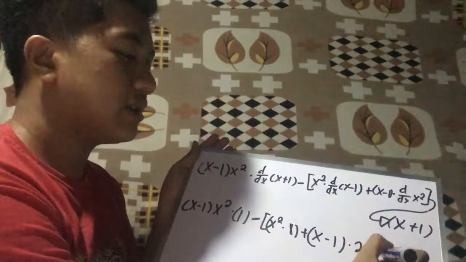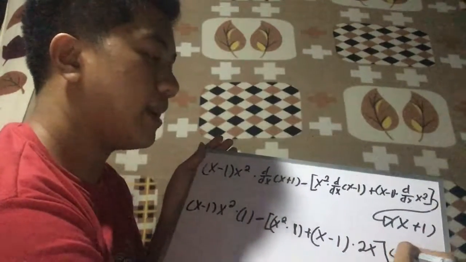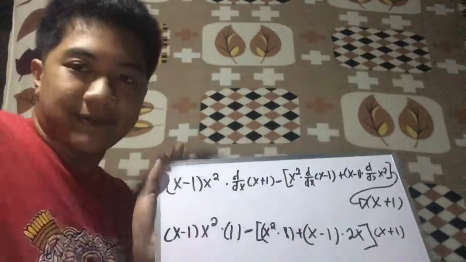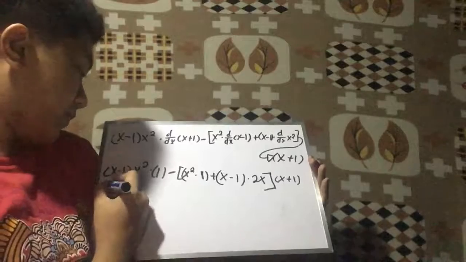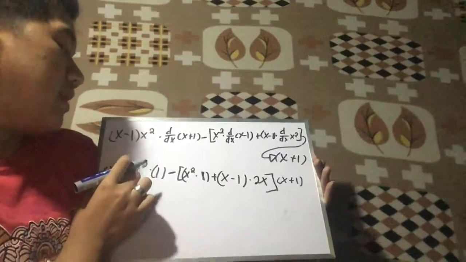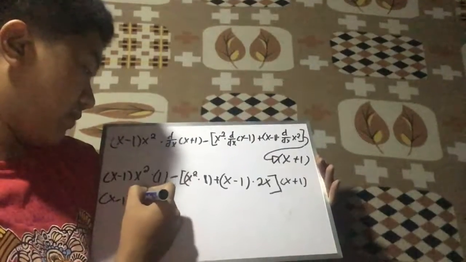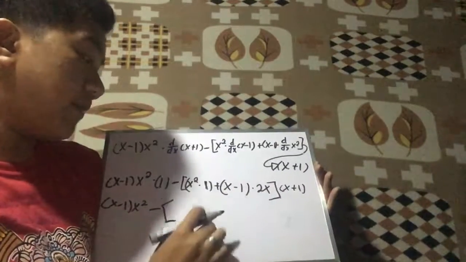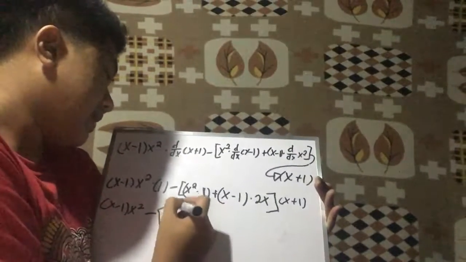Okay, so let's just put a closing parenthesis. Okay, never mind. A closing bracket, rather. Okay, then don't forget our mighty x plus 1. Don't forget, we still have to multiply x plus 1. Next is this one. Okay, let's just hold it higher. Actually, we will consider this as x minus 1 times x squared times 1 is still the same, minus, then again the bracket, x squared times 1 will still be an x squared,